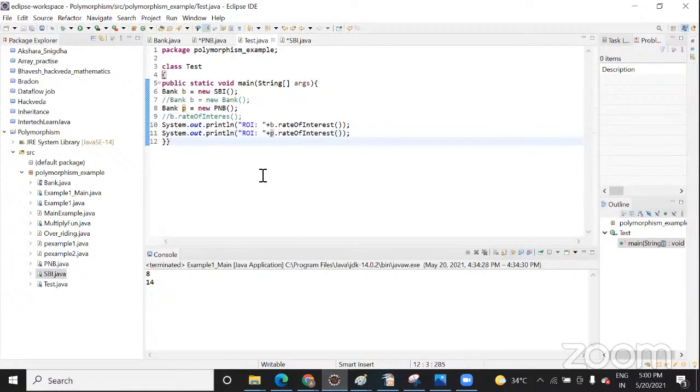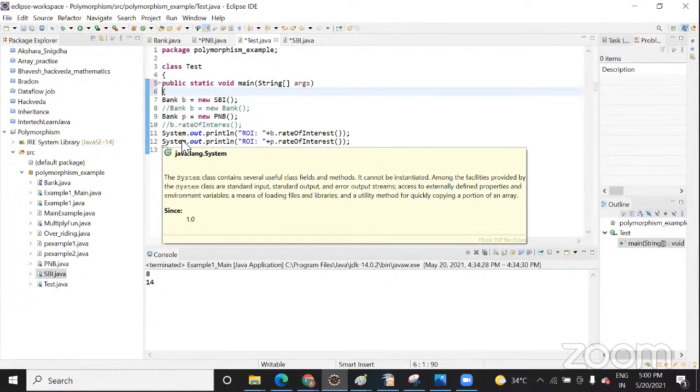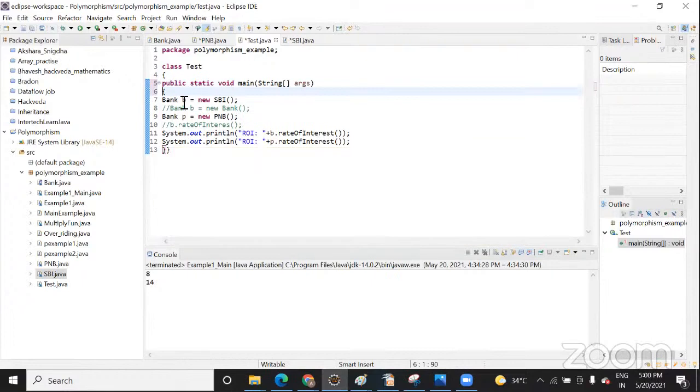Now this is the thing that you want to know. I told you that you need to create an object of the class in order to execute this, right? But here in the main method, when you want to access the interface, you need to create the object of that interface, but you will call it like this.